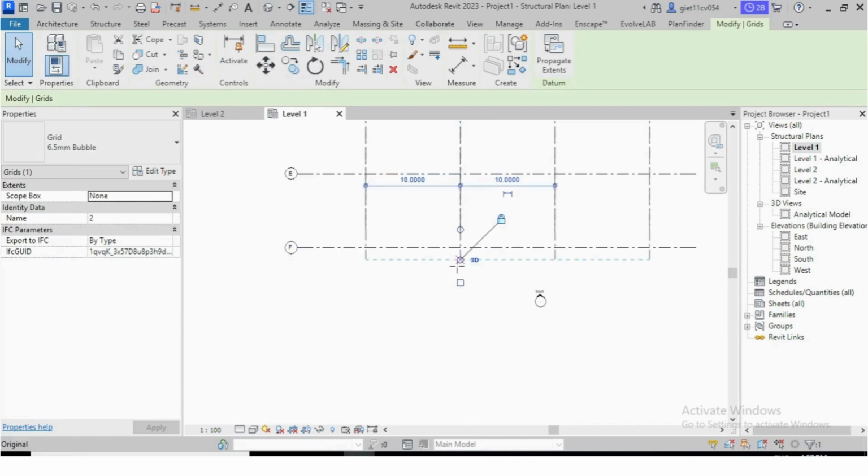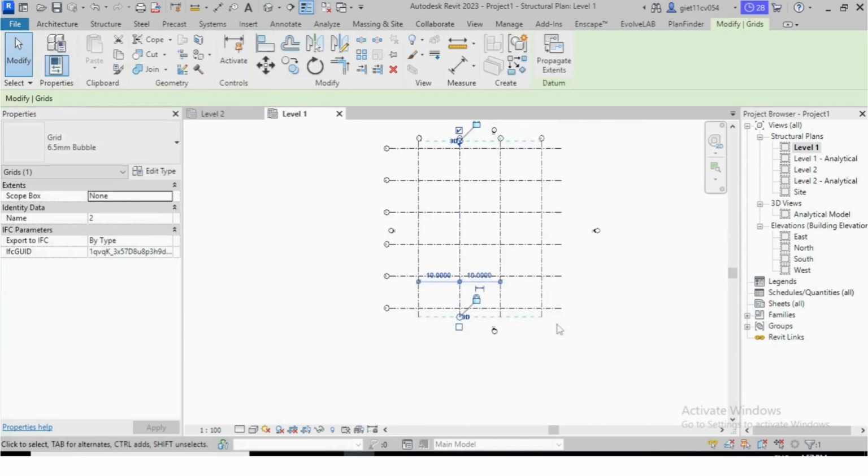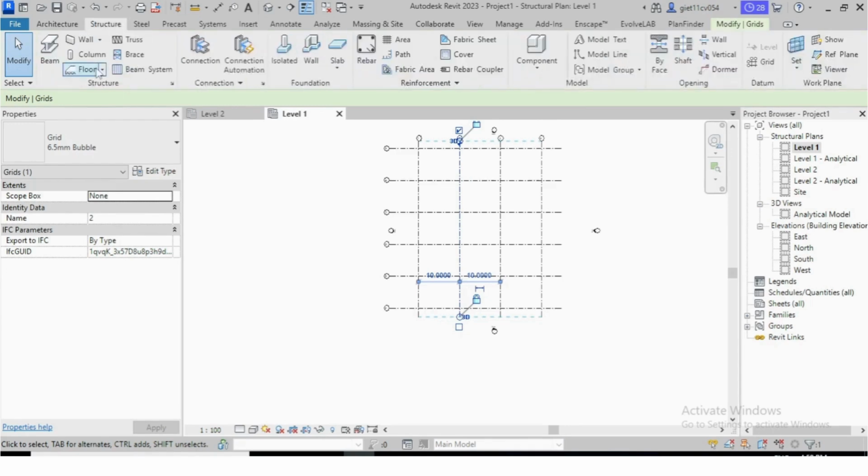Make this one a little bit down. Now it's okay. Grid has been placed. Now we place column. Go in structure, select the column,